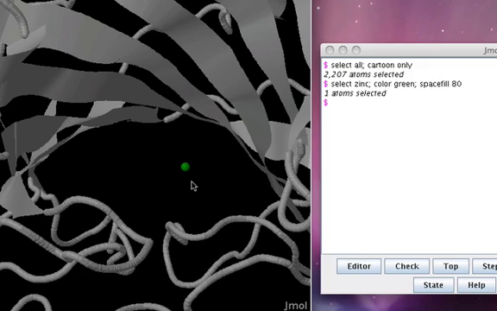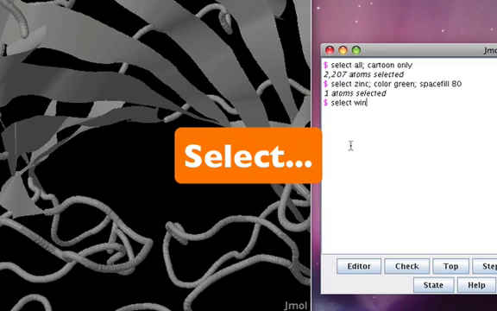There are a couple of ways we can go about doing this, but regardless of the way you choose, it's still this same general procedure of visualizing, selecting, and then making over. So visualizing the 3 histidines, we see that we need to select those and turn on the wireframe and spacefill for those atoms. To select the histidines, we could either determine their position in the primary sequence, or we could look for atoms within a certain distance of the zinc atom that are also histidines. And so here you'll see an example of using a logical operator to combine properties and get a very specific selection out. Using the select within command,